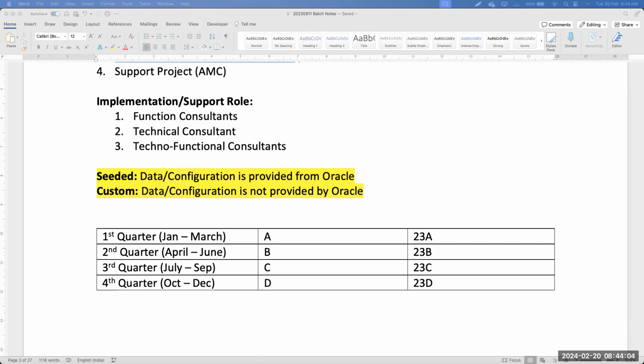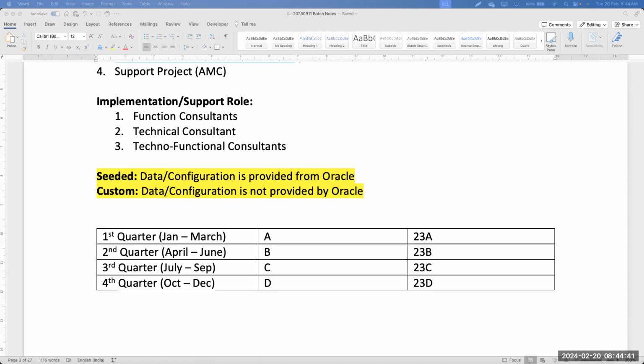See, and especially when you go for your support projects, the scenario would be completely different. You might have four technical consultants and one functional consultant based on your project. In my current project, we have eight technical consultants and two functional consultants, because the scope of the project is more on the technical aspect than functional work. So for this work, two functional consultants are ideally good enough. So this kind of thing happens.